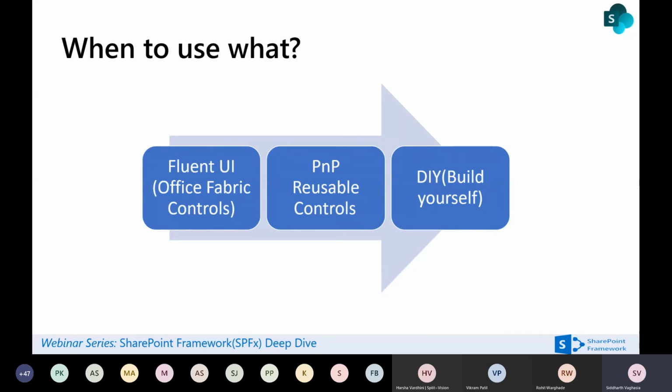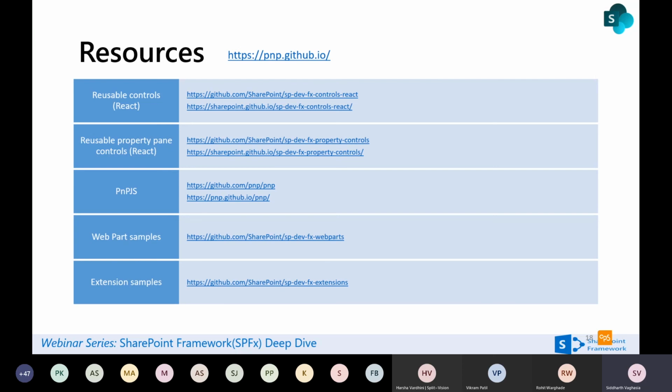And if that also doesn't solve your purpose, then you have no other option but to build it yourself. You can also see whether you can develop some generic controls and contribute to the library so that it is available for the community also to use.